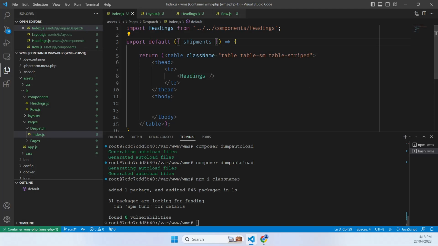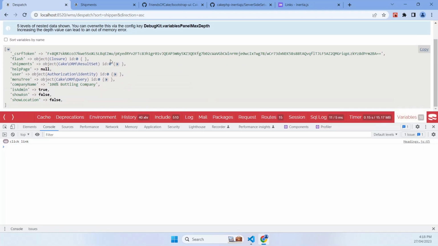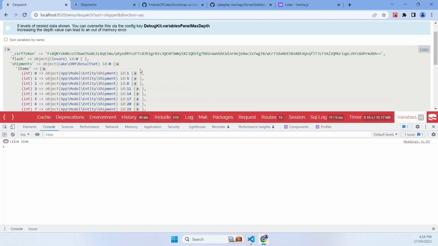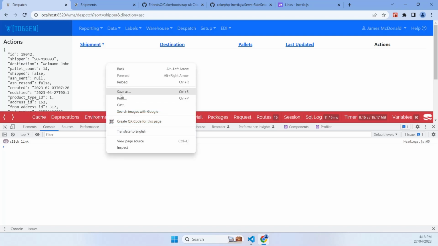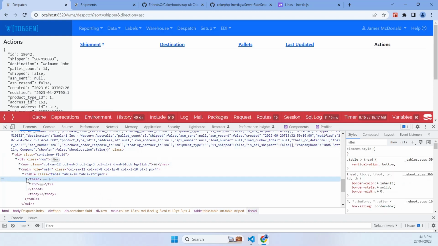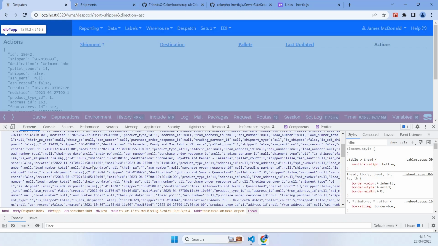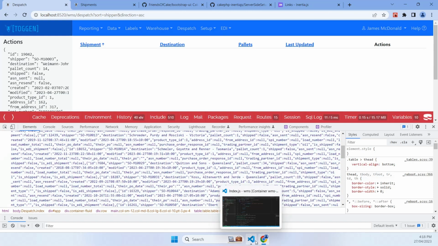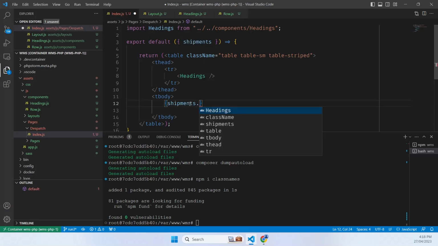So we've got shipments coming through. You can tell we've got shipments coming through. The variables are available here. They're also available if we have a look at the root div for Inertia. We can see all the information that's available. So now we're going to reference that within our index.js component. So we're going to say here, shipments.map,